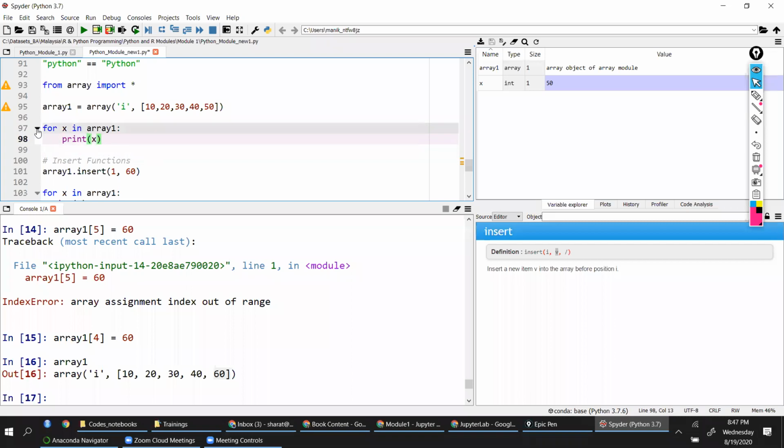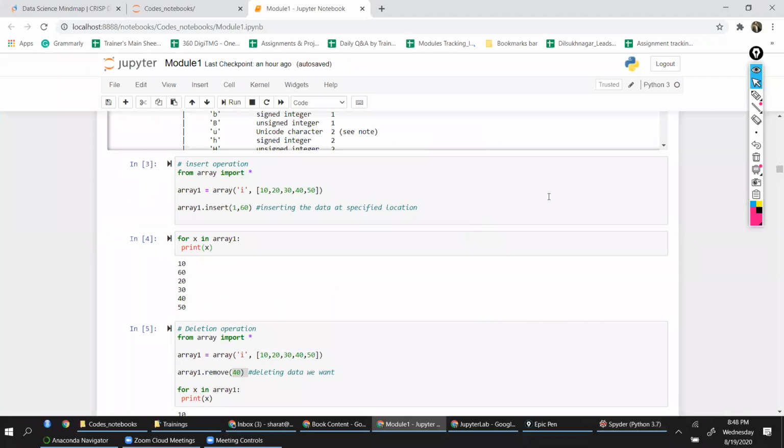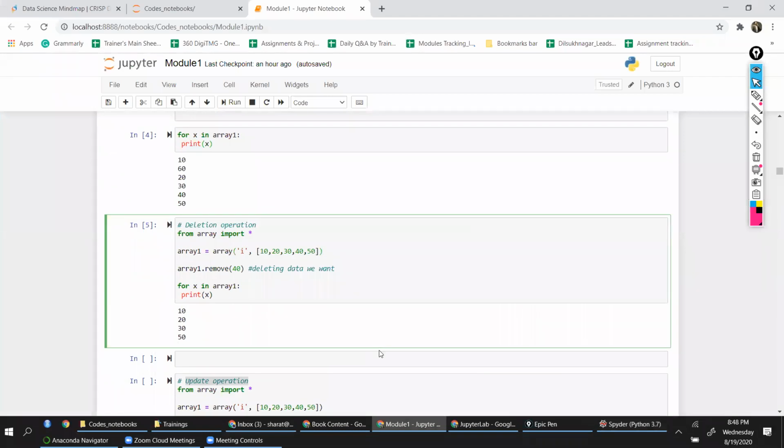Now once you have the code, you can also see this arrow symbol. This arrow symbol is basically saying that these are a bunch of statements which should be executed as one set of code. So these are all user-friendly features which are brought into Spyder. When you're using Jupyter, you don't have to worry. Those things really do not make much difference because you're writing your bunch of code in one cell, so one cell will execute at a time.